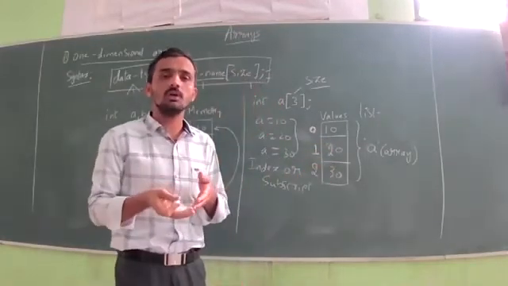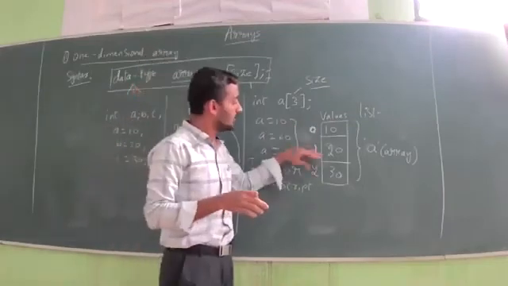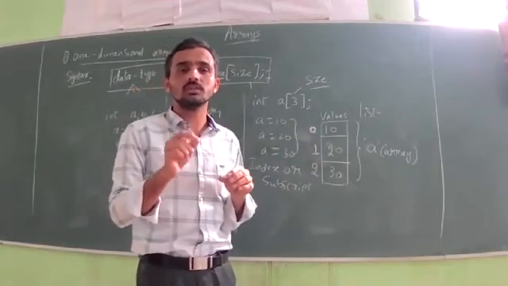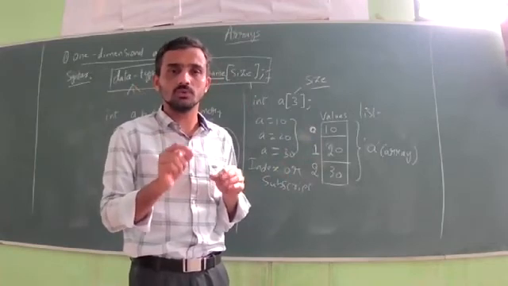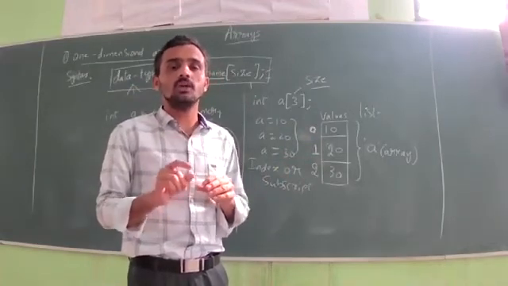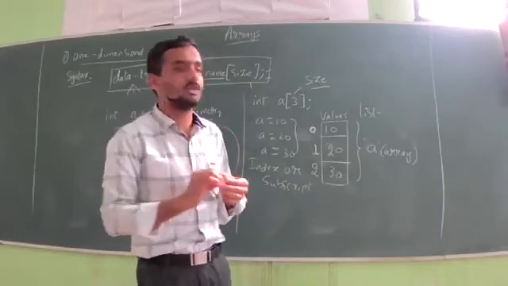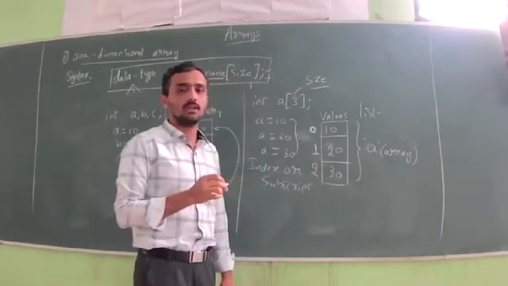See, in the real world it is first, second, third. In an array, it is 0, 1, 2, because yesterday we discussed that array index values will start from 0. Array subscript values will start from 0. So I have to say 0, 1, 2. But when you are speaking in the real world, you say first element, second element, and third element. So this indicates the positions of an element in an array.